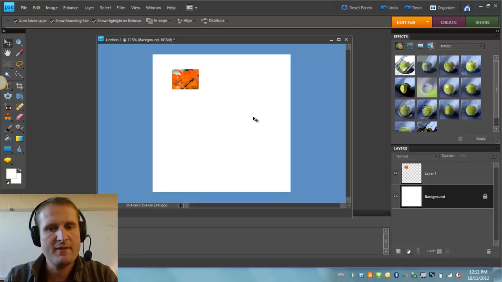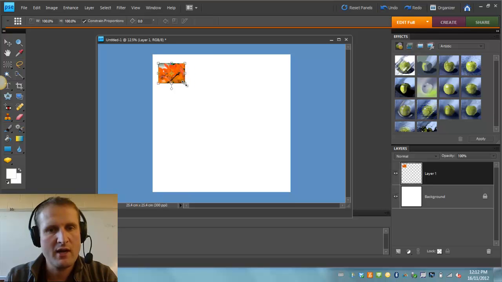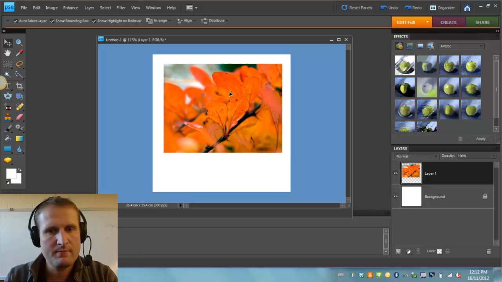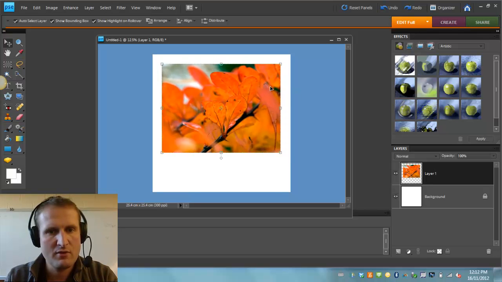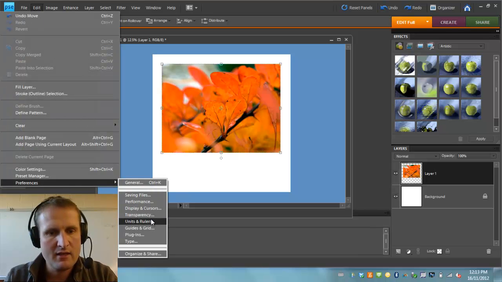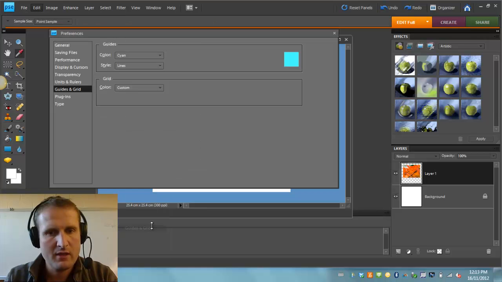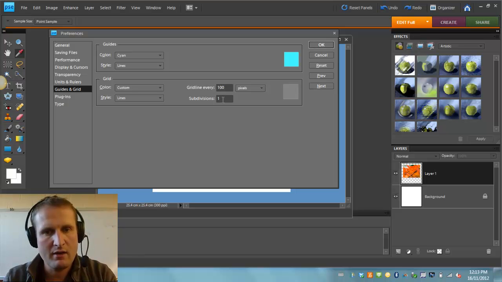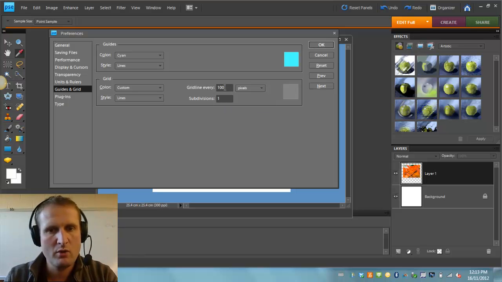Now that we have our canvas, I think that I'm going to want to make this a bit bigger. So I'm going to drag the corner out, make it bigger, check that out. And the first thing I notice here is I'm not really sure where I should place this so that the space on this side is exactly the space here and on this side also. So I'm going to need a grid. So what I'm going to do right now is go to Edit, I'm going to go to Preferences, and I'm going to go to Guides and Grid. And from here I'm going to set this at 100 pixels and 1 subdivision. Now you could also write 200, but I think 100 works well for me. So I'm going to click on OK,